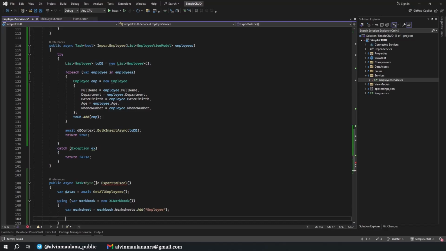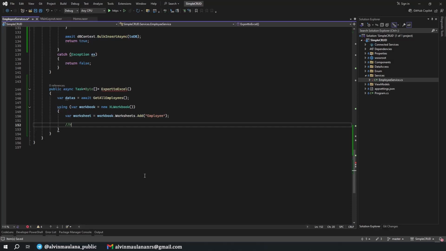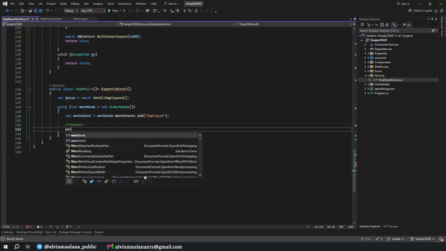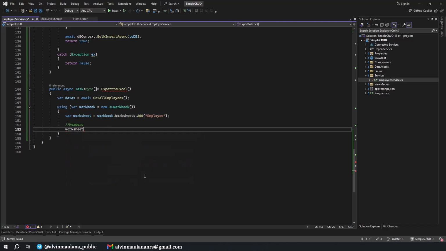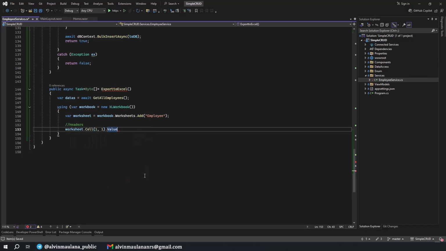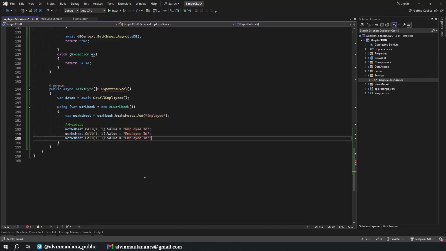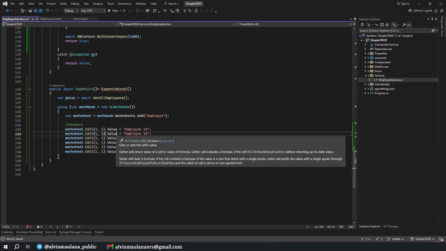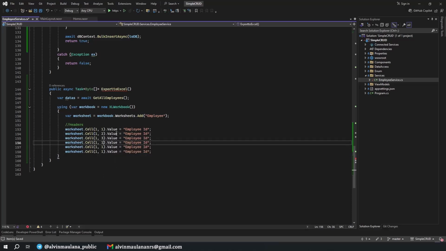And then for header, we define manually in here headers worksheet cell number 1 and the column cell number 1. Yeah, what we said, the row number 1 and column number 1. The value is employee ID, and I think I can duplicate it. 1 2 3 4 5, 2 3 4 5 6.